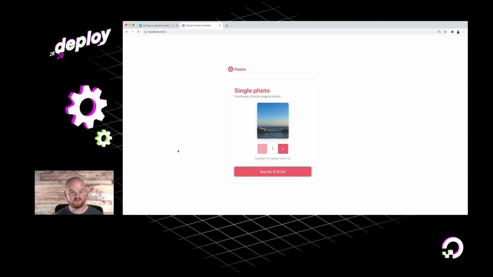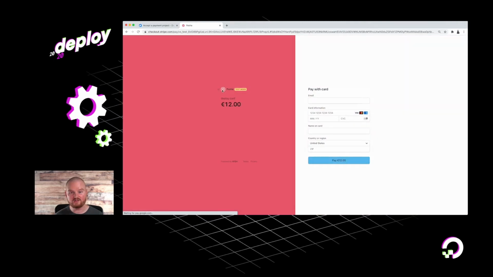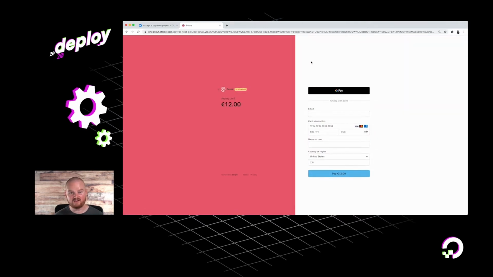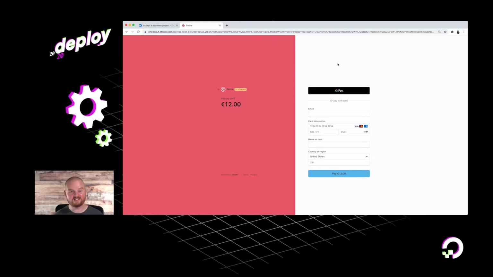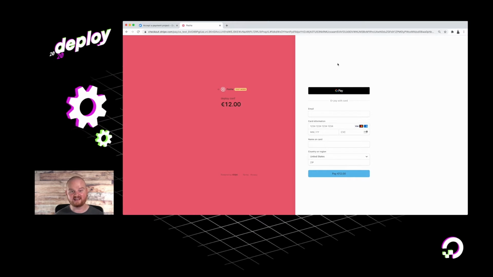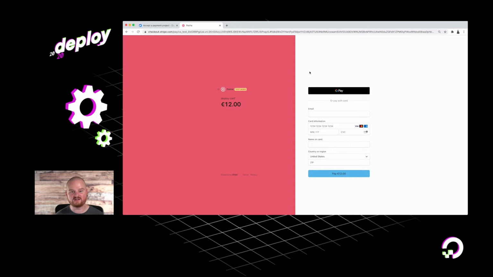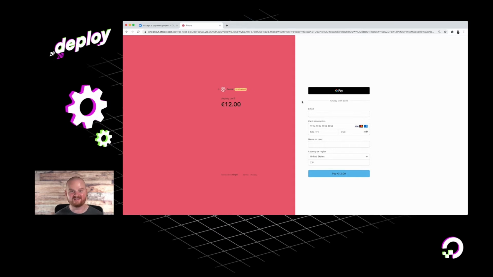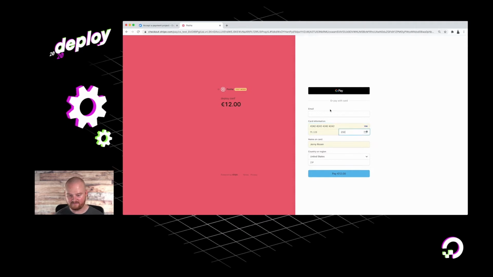So here's what the payment flow looks like. We're redirected from our localhost to Stripe. This is the Stripe Checkout page. This is what the customer will see. Notice that it's branded, it supports mobile wallets like Google Pay and Apple Pay, and even handles SCA, or Strong Customer Authentication, for us. I'm going to enter some basic details and we'll get going.